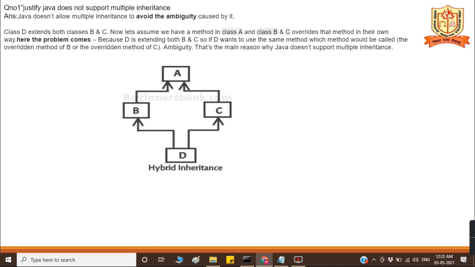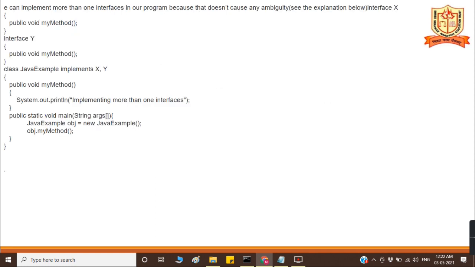So next, see here. Can we implement more than one interface in our program? Because this does not cause any ambiguity.